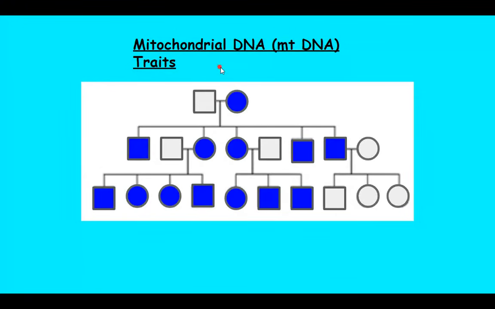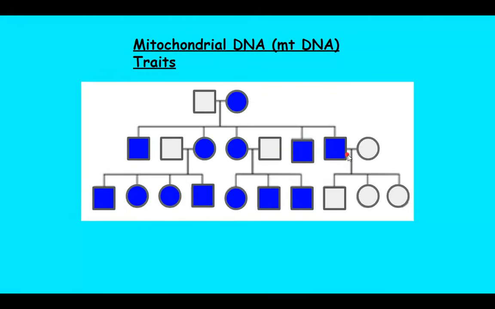Lastly, this is my favorite. This is mitochondrial DNA. Mitochondrial DNA inheritance, abbreviated MT for mitochondrial traits. These are going to be inherited from the mother to all of her offspring. So what's going to happen is here's mom. She has a boy, a girl, a boy, and a boy, 5 children, and they all have the same exact